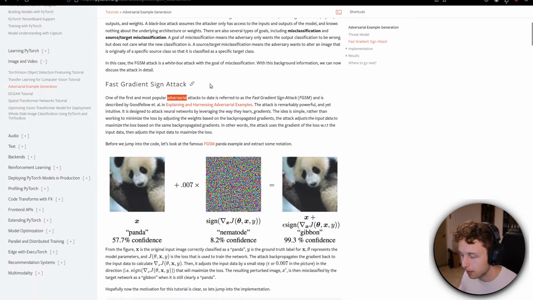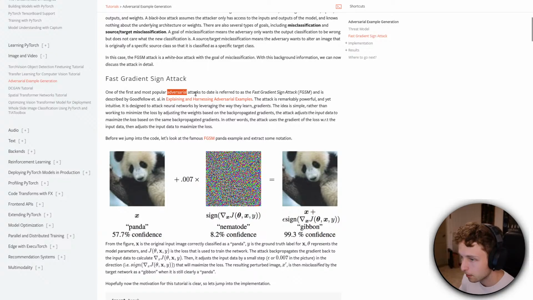Adversarial attacks to date is referred to as the fast gradient sign attack, or FGSM, and is described by Goodfellow et al. in Explaining and Harnessing Adversarial Examples. The attack is remarkably powerful and yet intuitive. It is designed to attack neural networks by leveraging the way they learn, gradients. The idea is simple: rather than working to minimize the loss,